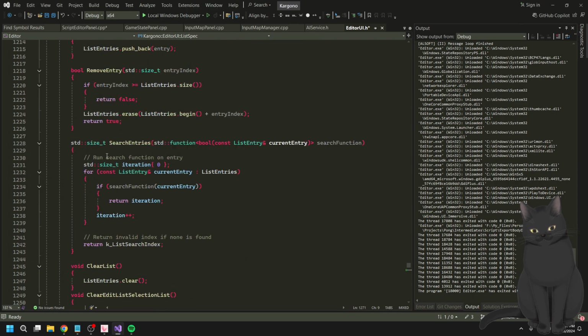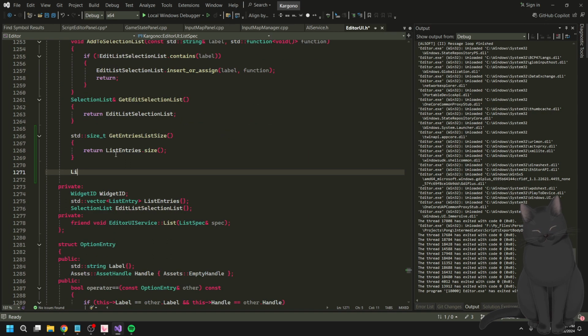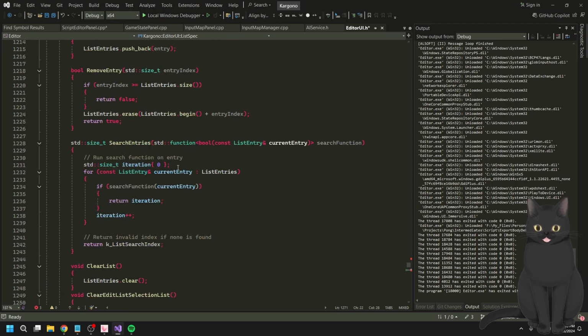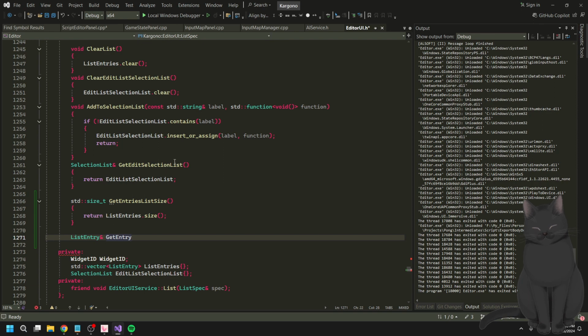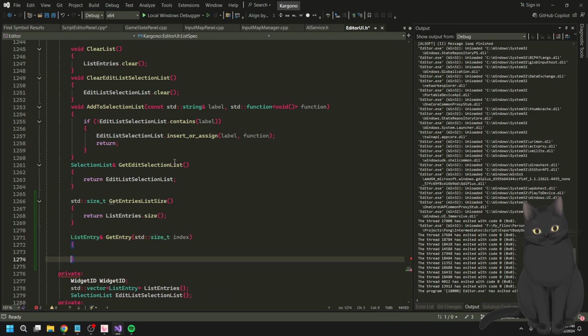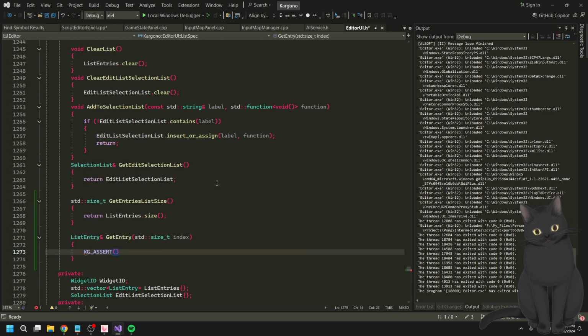Here we want to do a list entry reference, get entry by index. I guess I could just do get entry. Sure. And then we'll do, I think the size is T, index. And then we'll do like insert here, right? And then